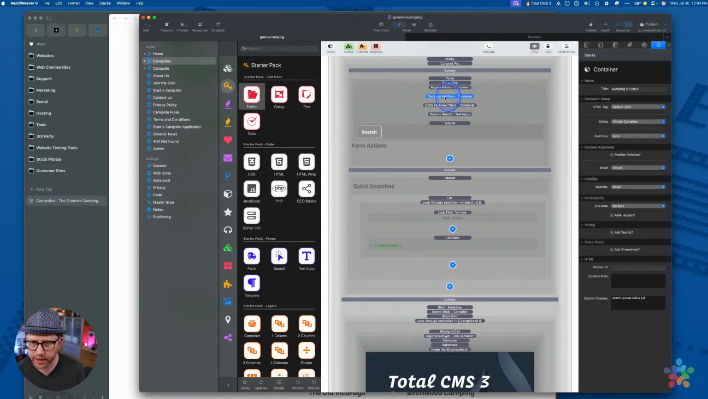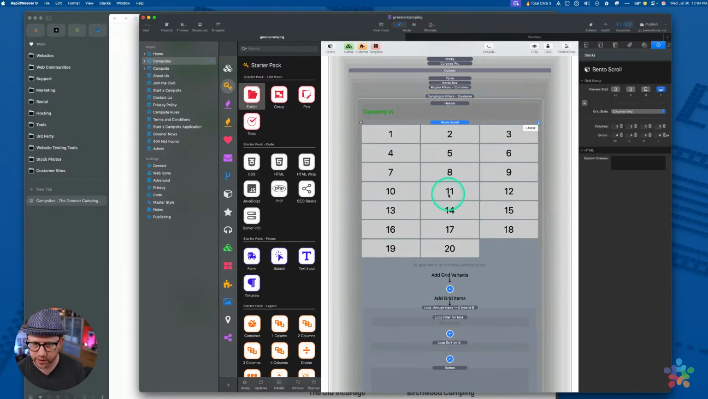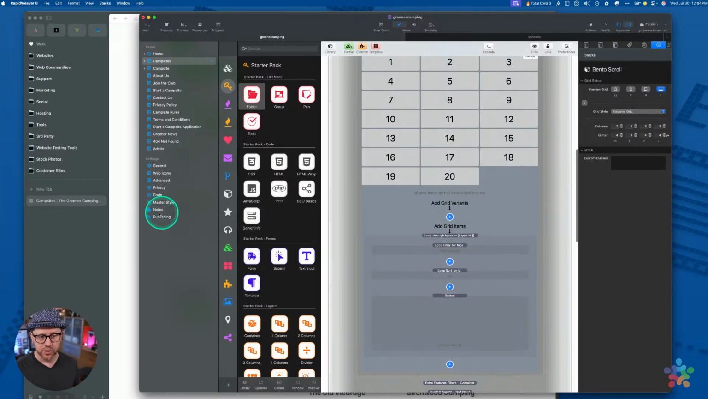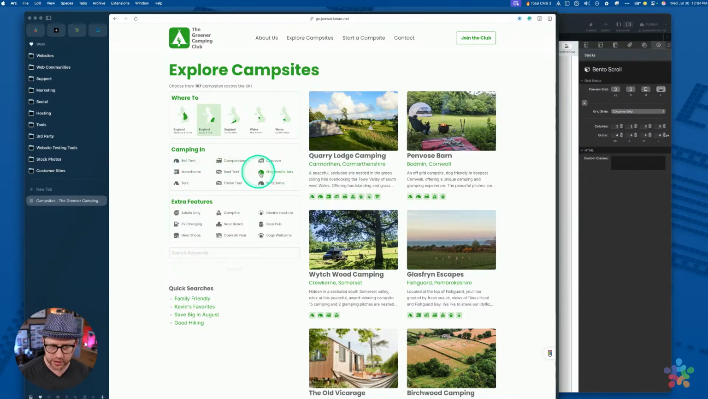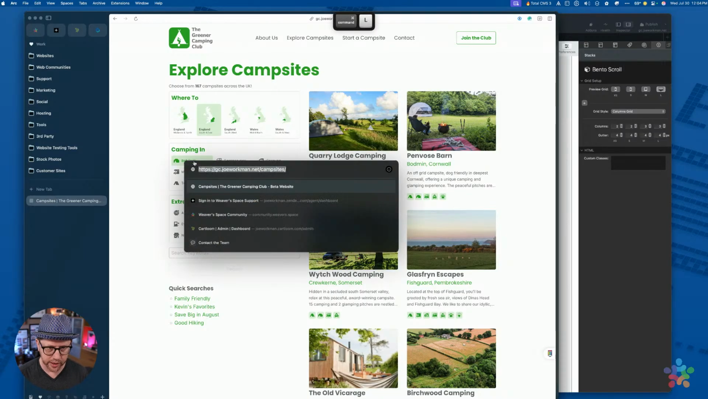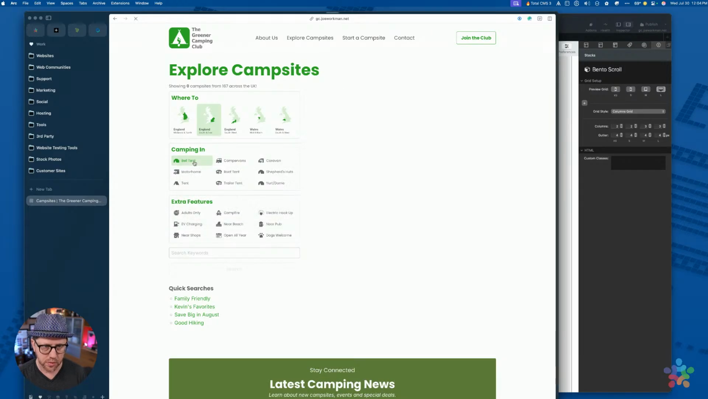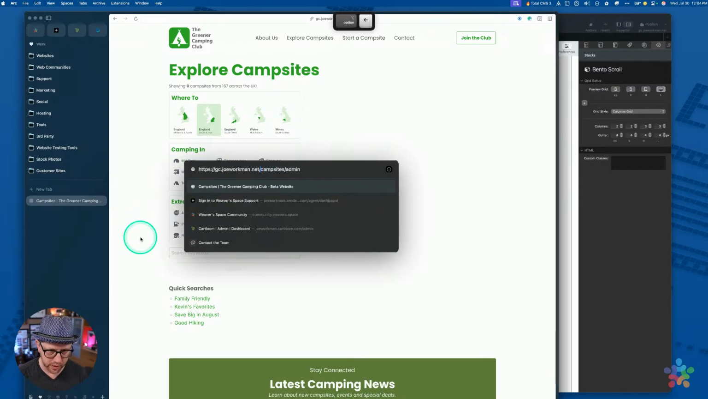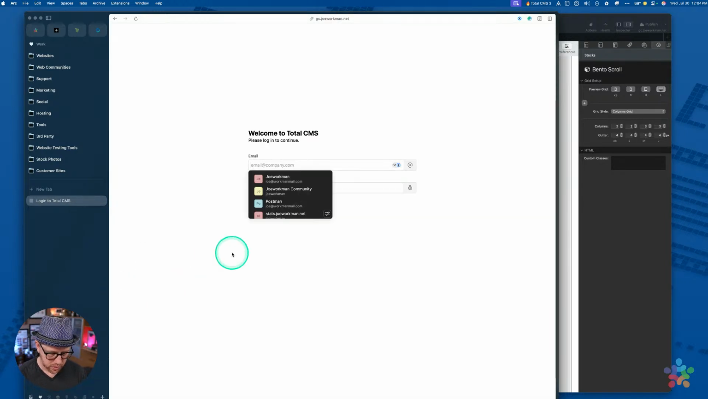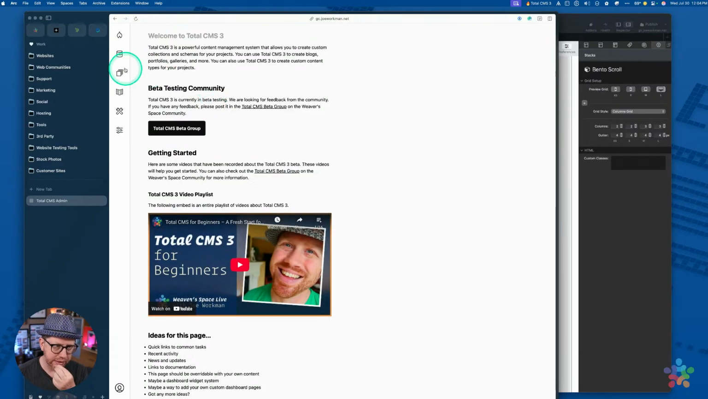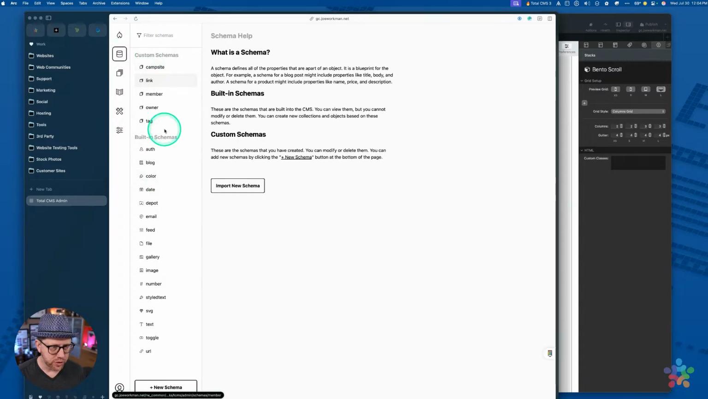All right. So we're going to look at the camping filters first. And all of these are actually done. These are all built with Total CMS 3. If you're curious, let's go ahead so you guys can get an idea. Oops, wrong URL. Boom. All right. If we go into the collections,